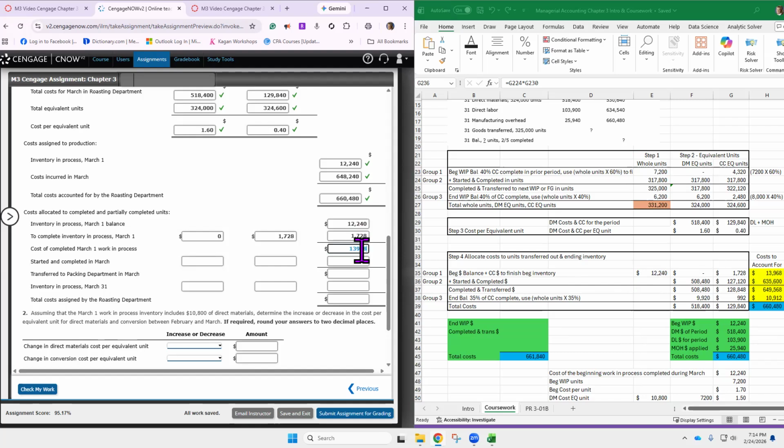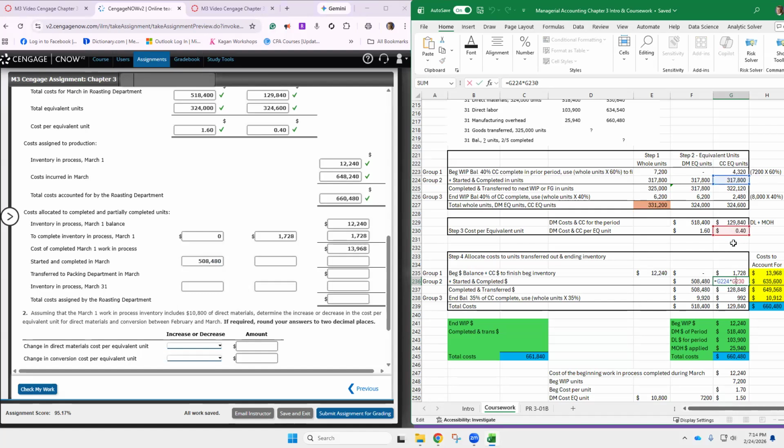13,968. Okay, now we're looking at started and completed. Started and completed is using the same units times its direct materials cost. So this first one is 508,480, and then this one, cost for started and completed, is